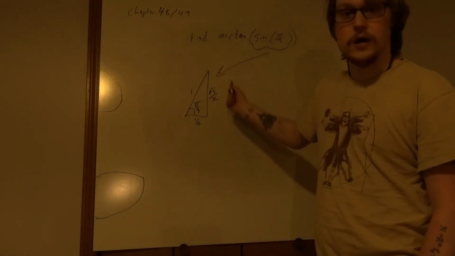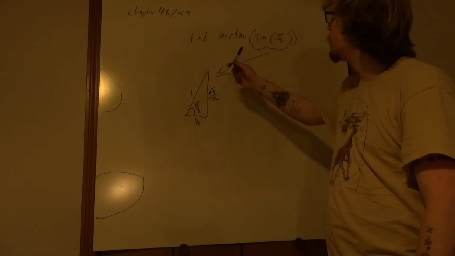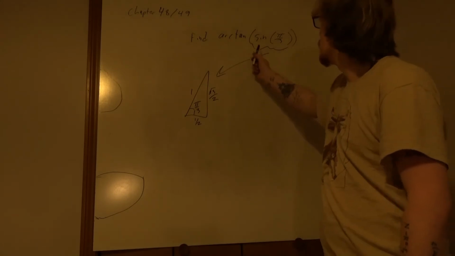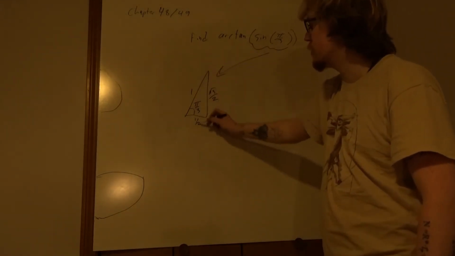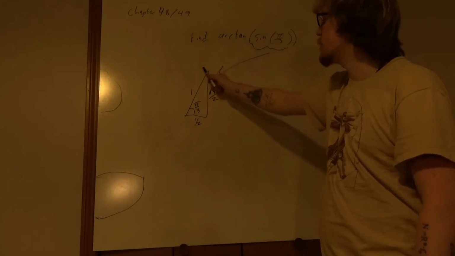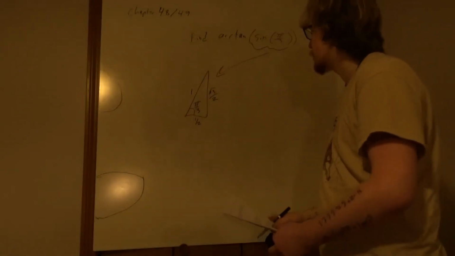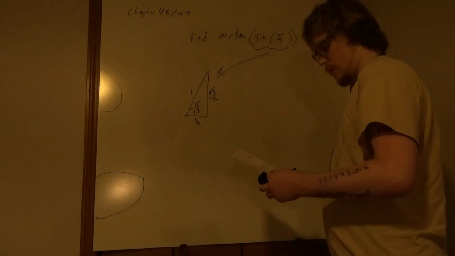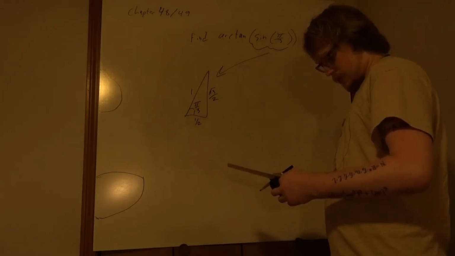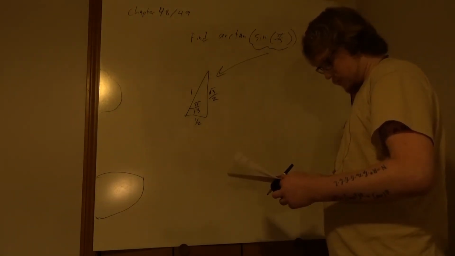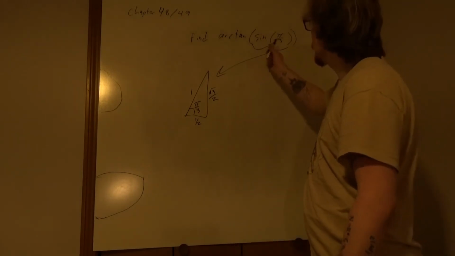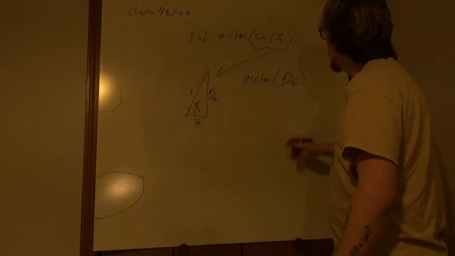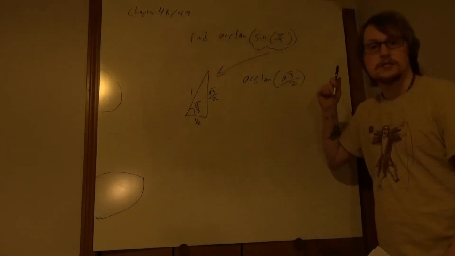So this is now the triangle that we're talking about, and now we can apply arctangent to this triangle, because they're talking about the same thing. Sine of pi over 3 is effectively this triangle, and then the arctangent is going to be talking about this. So effectively we can replace this as arctan of root 3 over 2, and now arctangent is again taking